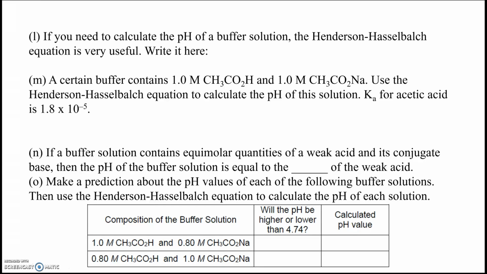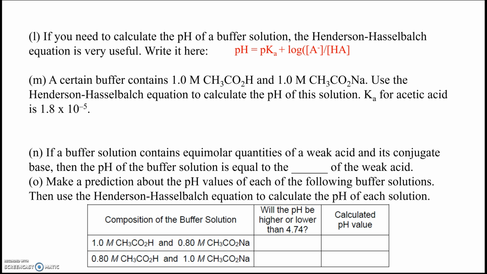All right, we're going to take a look in video number 2 here and work our way through doing some buffer calculations with the Henderson-Hasselbalch equation. We first start off by rewriting it. We just see that pH is equal to pKa plus the log of this ratio, this quantity A minus divided by HA. So that's the salt or the base, I guess would be another way of saying it, divided by